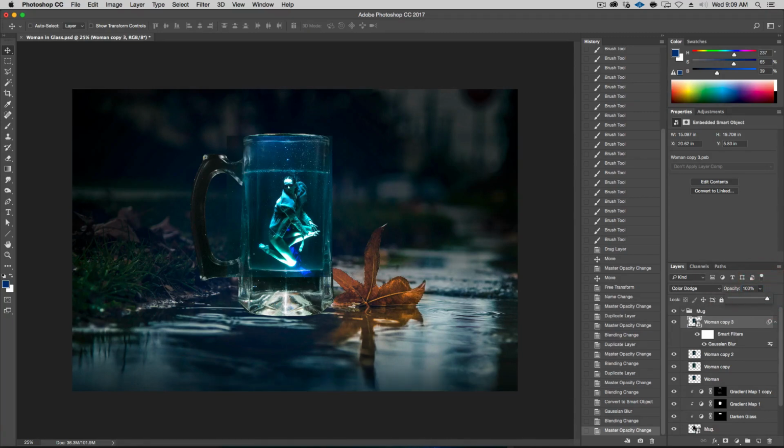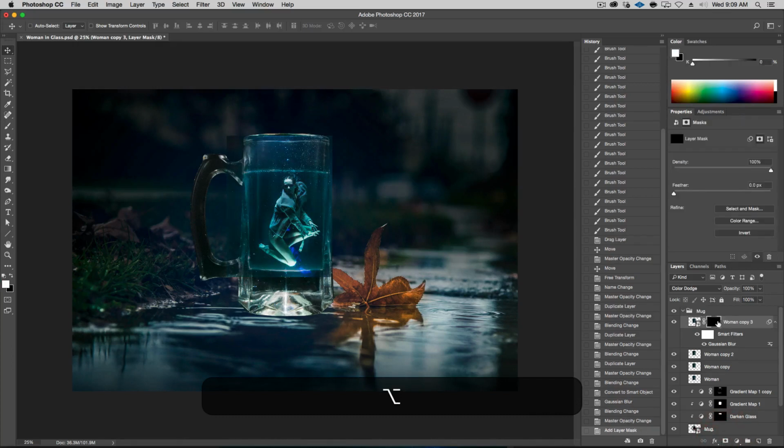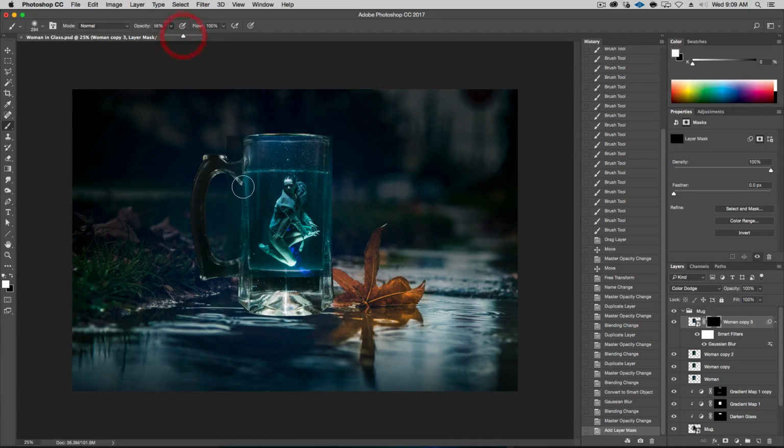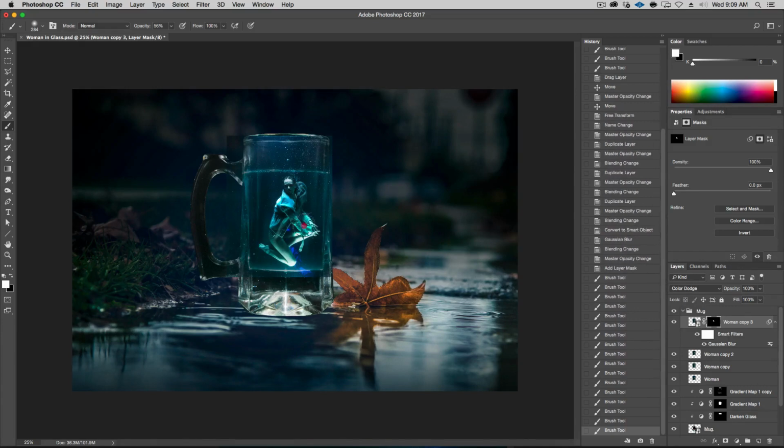Actually, you know what? I'm going to do some selective areas on this, so I want it to show up in certain places. We're going to hold down the Alt key and hit the mask button, which puts a black mask as opposed to a white one. Then hit B for brush, and let's put the opacity up to about 50. The places I really want it are right here. This is very important. Right here. I want a little bit here and a little bit on her face, but no more than 50%. Something like this. I want it to look like there's interesting light refractions happening on her from the glass.